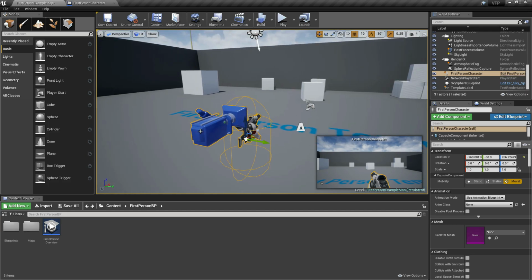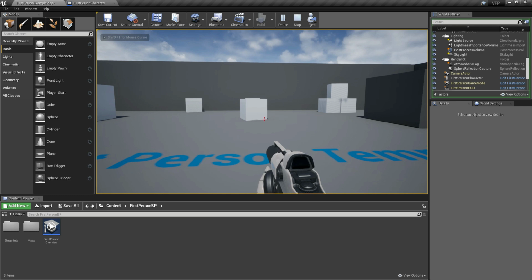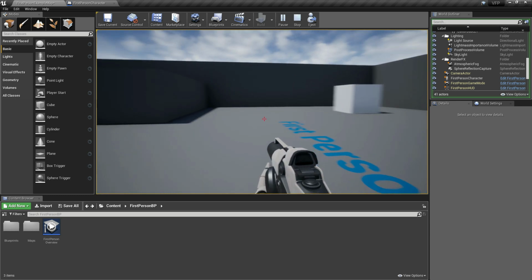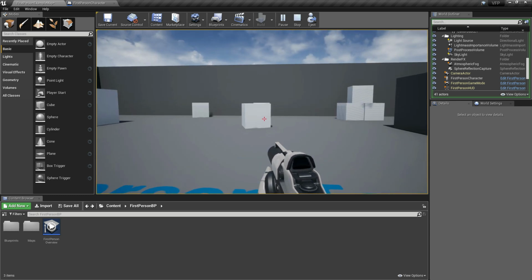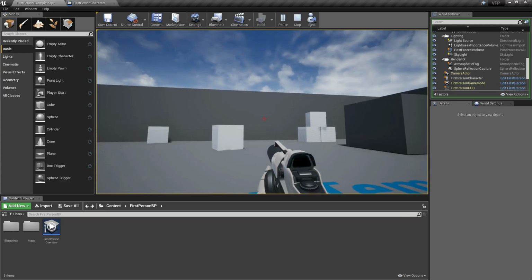After we created the crouch, let's test by playing the first person template. So here we have the output. When we press the letter C, as you can see, the character view is leveled in half.